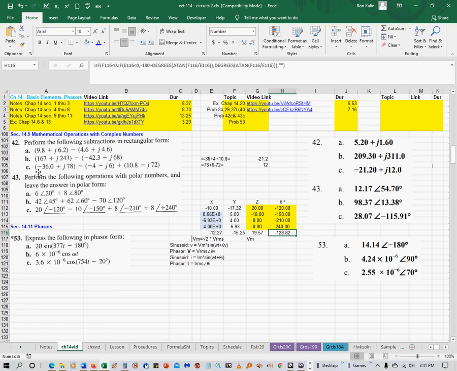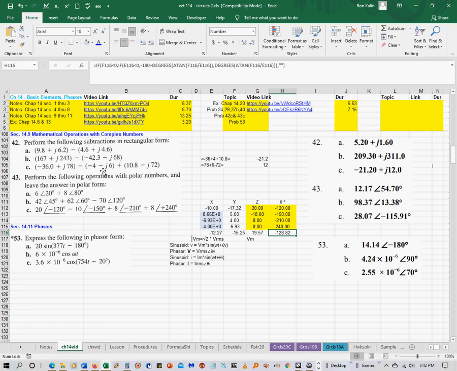So they have this vector, -36 plus j78, and then you subtract -4 minus j6, and then add 10.8 minus j72. So you have to group all the real numbers together. You take your -36 minus a -4, which is +4, and then plus 10.8. That ends up equaling -21.2. And then you group your imaginary numbers. So 78 plus 6,